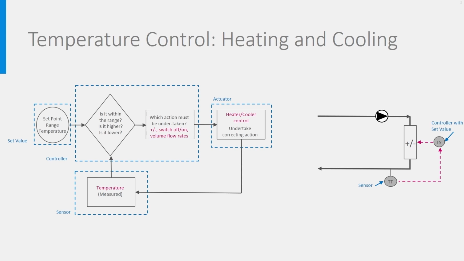Next to switching on and off, it is also possible to control the speed of the compressor in heat pumps and chillers and the volume flow rate of gas in boilers. This way a smoother control is obtained and more energy is saved. If the heater or cooler is a simple heat exchanger, like in a solar boiler or ground heat exchanger or district heating, the flow rates can also be controlled the same way.